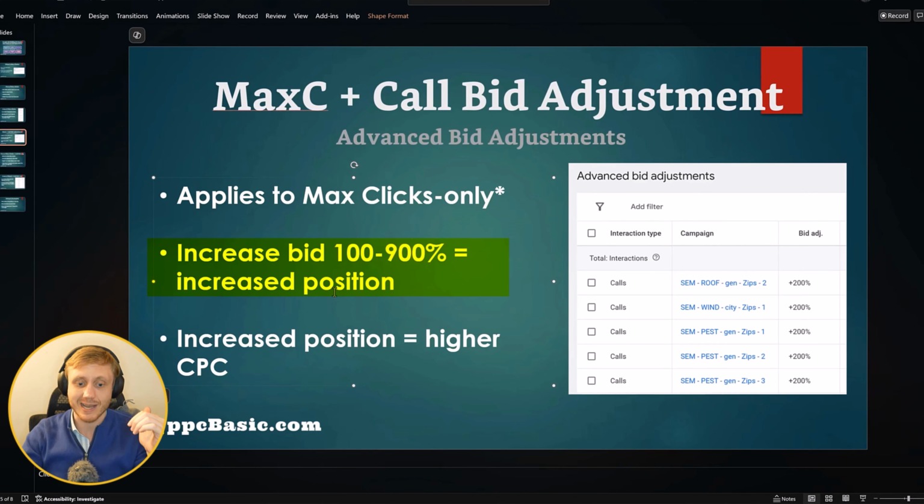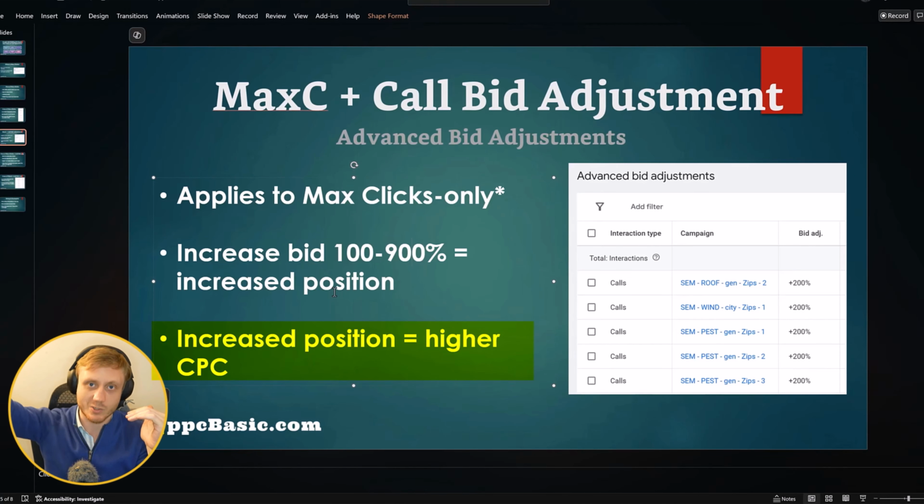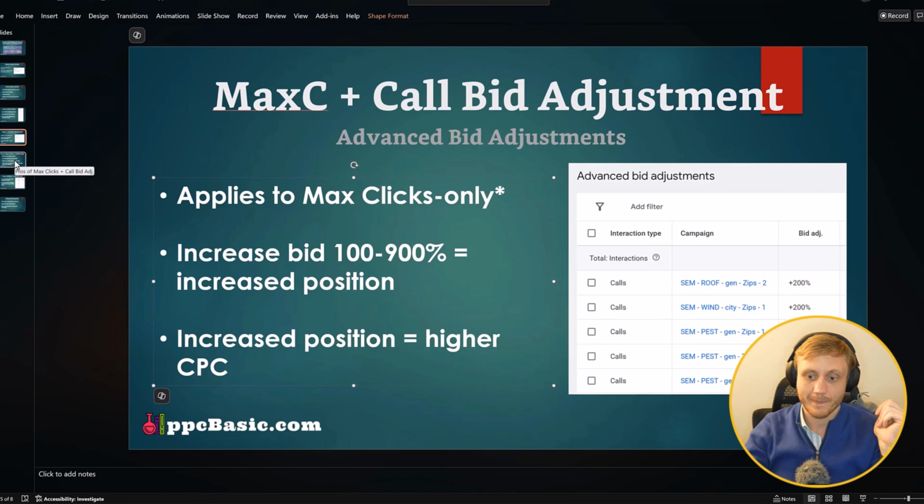And what this allows you to do is, by increasing your bid, you're increasing your position as well. So instead of being in position 4 or position 3 of the rankings, you're saying, hey, I'm willing to pay $10 a click if that person is willing to make a phone call, and it's going to move you right up to the very top as much as possible to get that phone call, especially if they click on your call extension. So this strategy is fantastic for getting phone calls